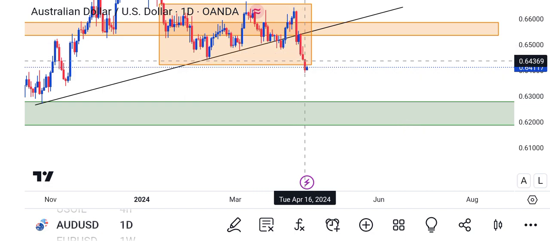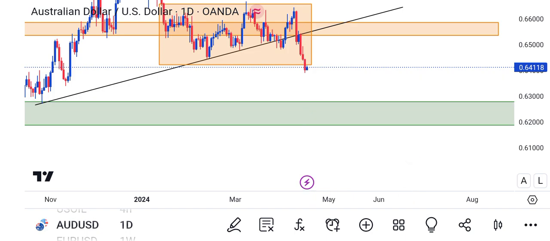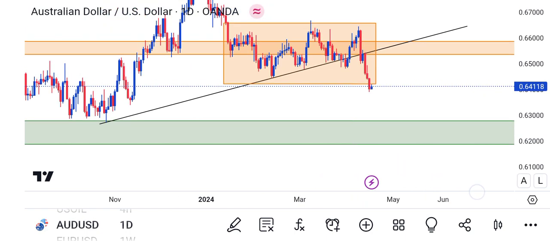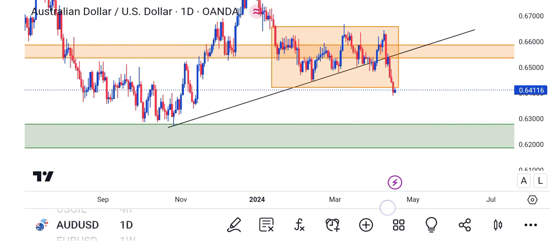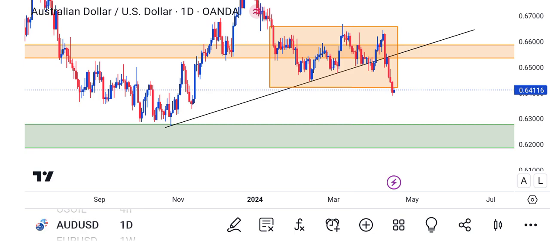So I'm expecting AUD to fall to 0.62836 before anything can happen. So right now AUD is clear to the downside, so I'm expecting AUD to fall to the